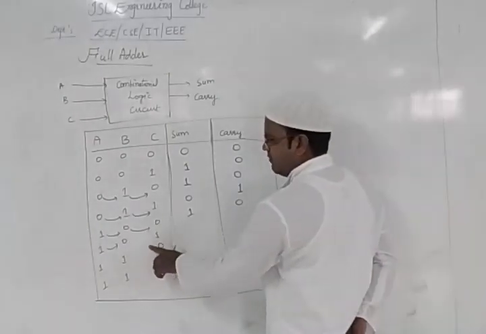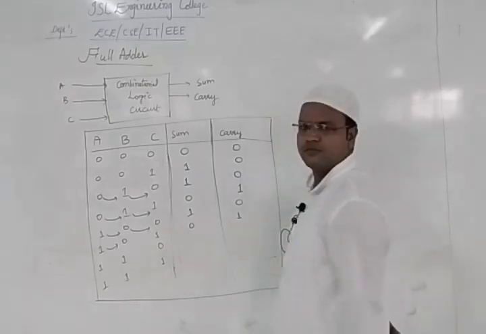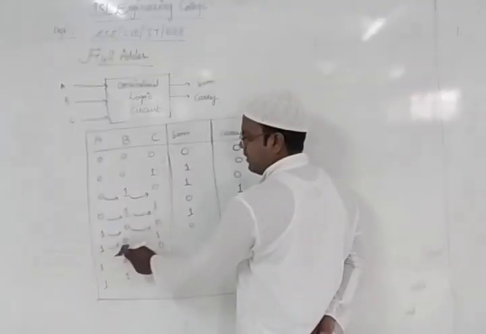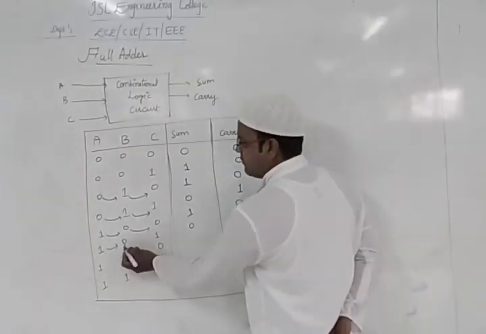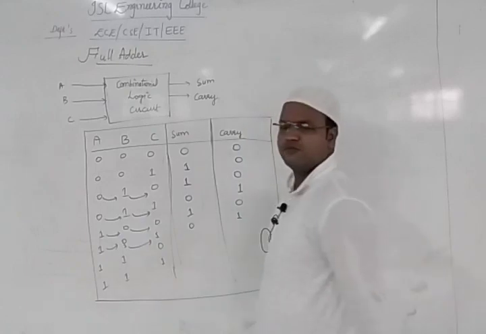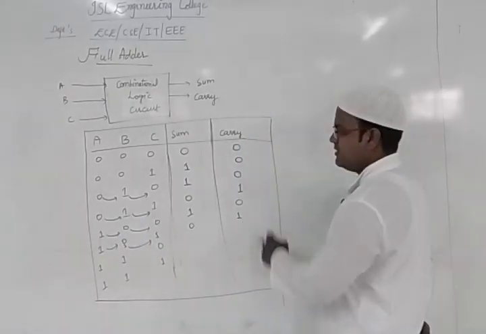Then that 1 is there. Then 1 plus 1, it is 0. There is a carry. How do we get this? See, once 1 plus 0, it's 1. So till now what is the value we do have? We had 1. Again 1 plus 1. So 1 plus 1, sum will be 0, carry will be generated. So that's the reason we are getting the carry.